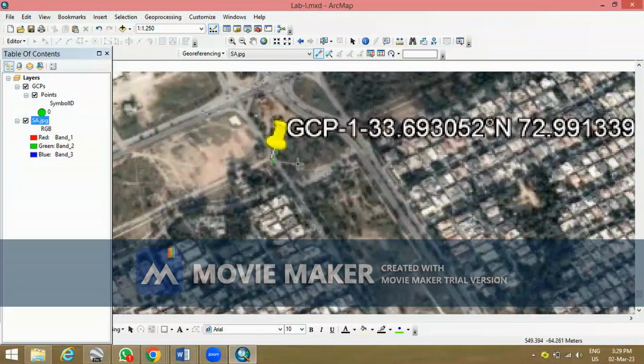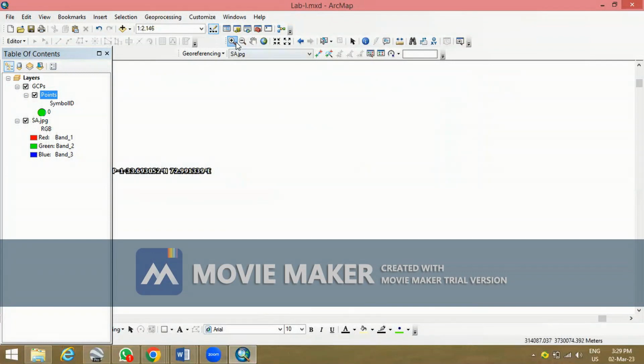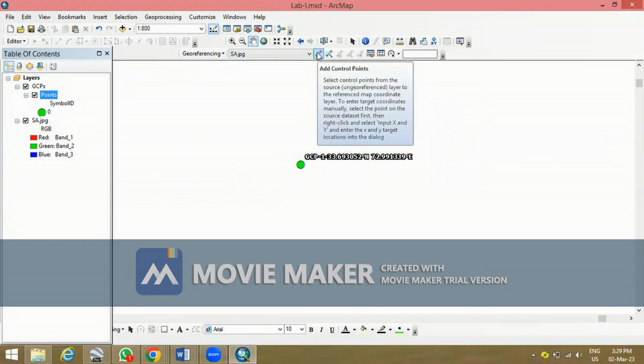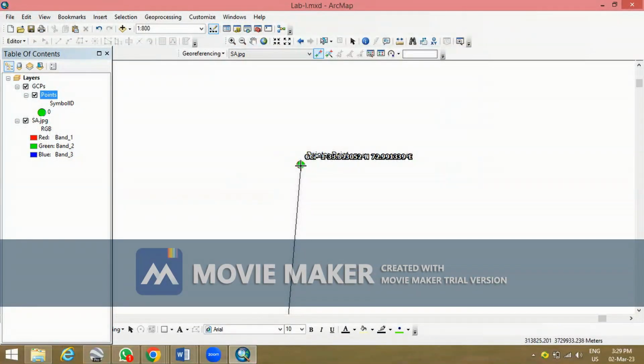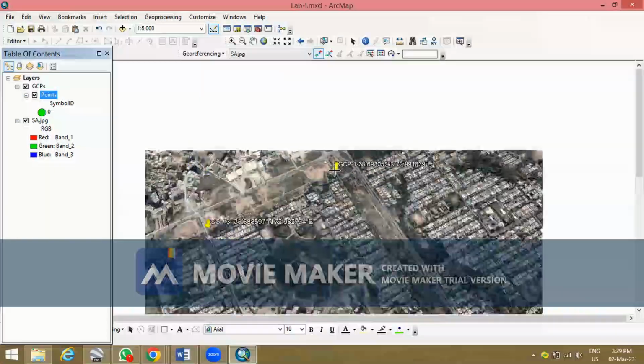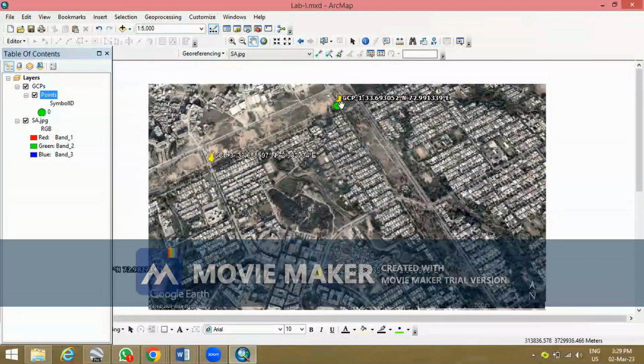Green symbol, plus symbol is shown here. Now by picking this first GCP, you must right click on the point and zoom to layer. Now you must use the zoom tool and zoom clearly to the first GCP, and then again you must left click on the add control point and then left click on the first GCP in the center. The raw slave image that was not rectified is now exactly pinpointed on